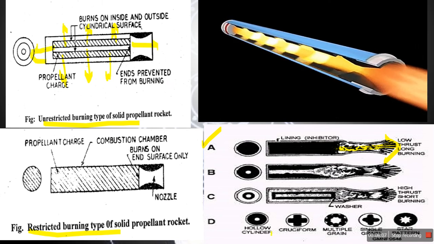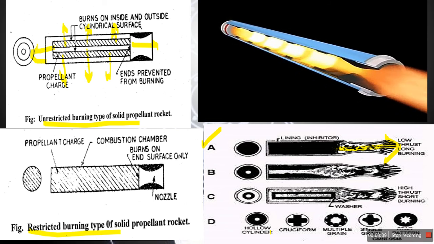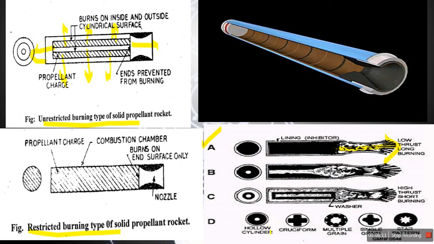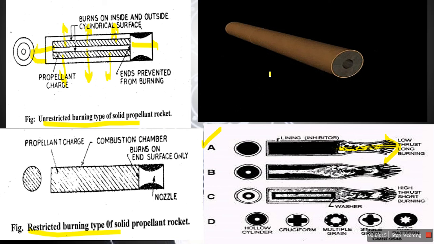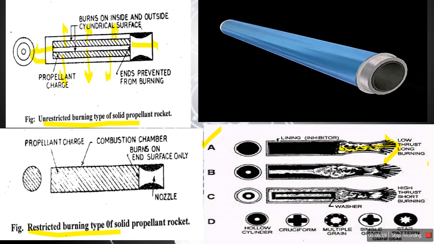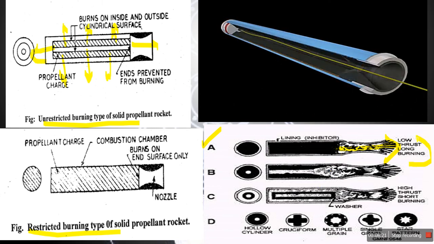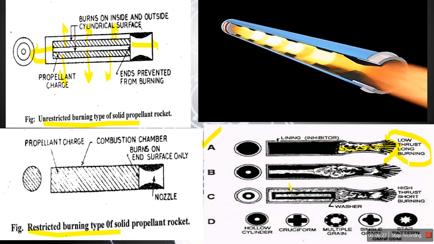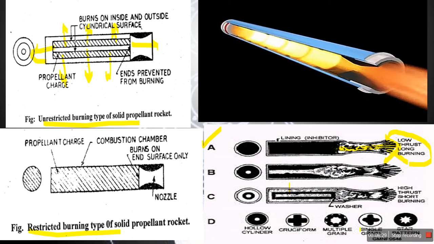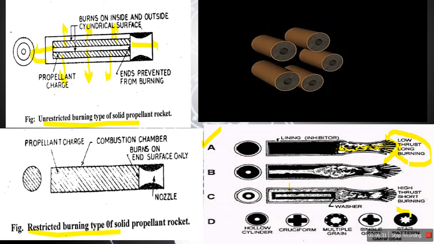What happens if the burning is simultaneous, and if the burning starts from one end only? If burning is carried out from one end only, we get low thrust, long burning. And if burning is simultaneous from all directions, that is unrestricted burning, we get high thrust,